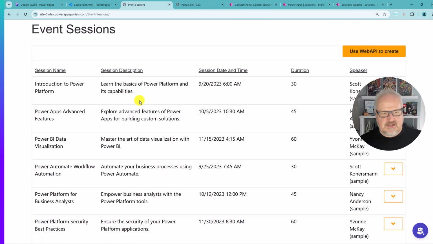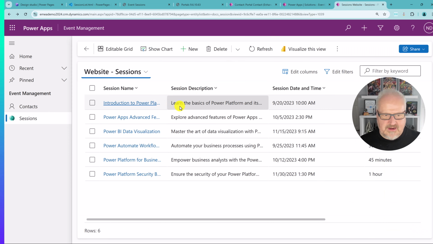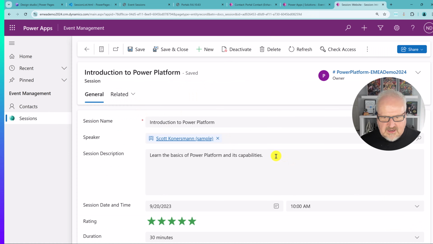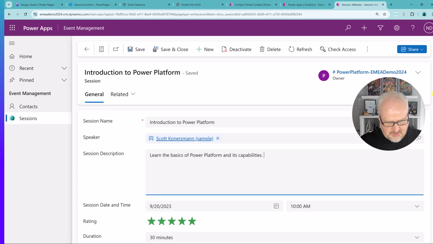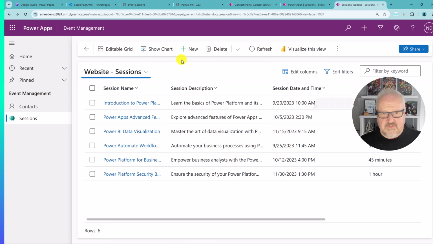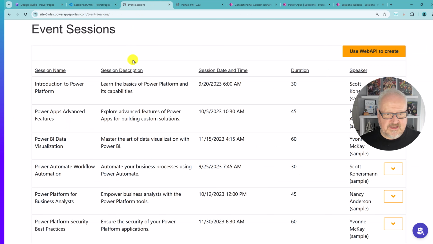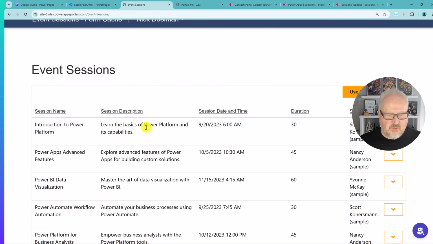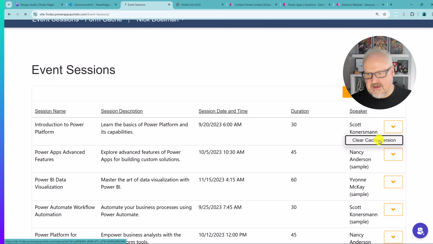I basically can go in and, same thing, I'm going to go into my websites here. I'm going to change this, put some text back here. That's all good. Let's save and close this. Now, if I were to go back to my website, and even if I did a refresh here, we don't see this has changed. However, if I go to this clear cache version, we see